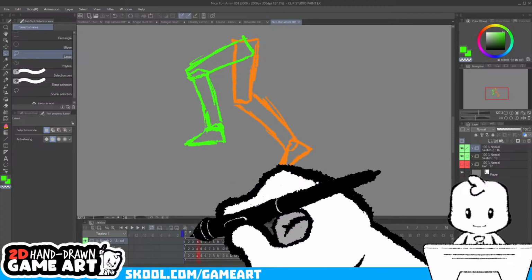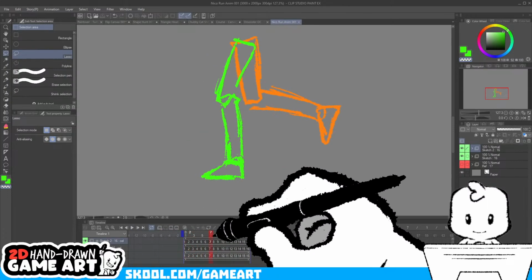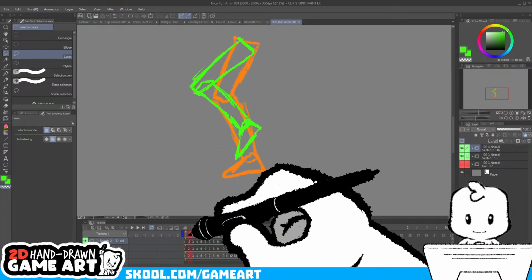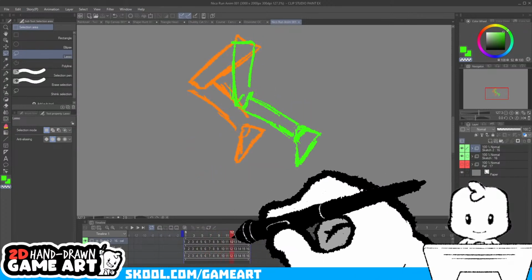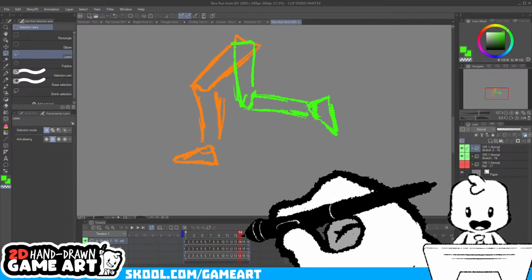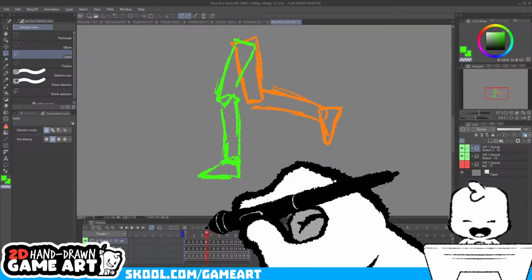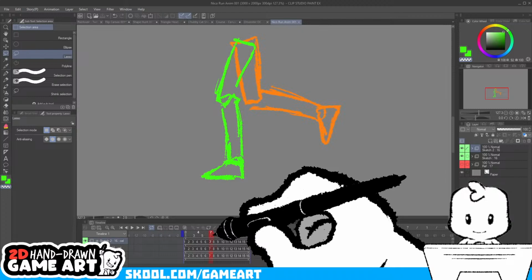The interesting thing about this is on the front green leg, there's a slowdown here, but on the orange leg, there isn't that much of a slowdown on that leg. So there's a mismatch, and that could happen in real life too. In real life, you're not always stepping with the same amount of force or time on the ground with both legs, but we can make this a bit closer to each other.